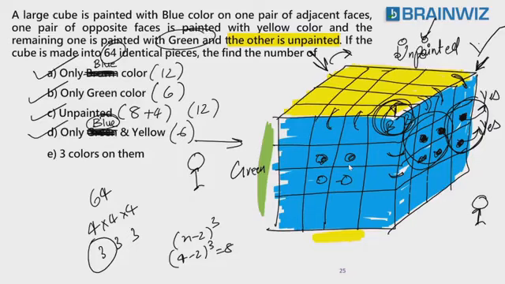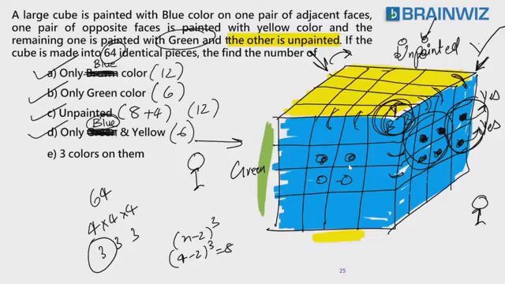Understood how you got 12 unpainted? Because backside unpainted is there. Back is unpainted. So we have to count those things also. Subhashmita, Sujita, that's true. I forgot that one. I'm sorry for that. Most of the people think that unpainted is white. Okay. I forgot to just write down that 4 also.